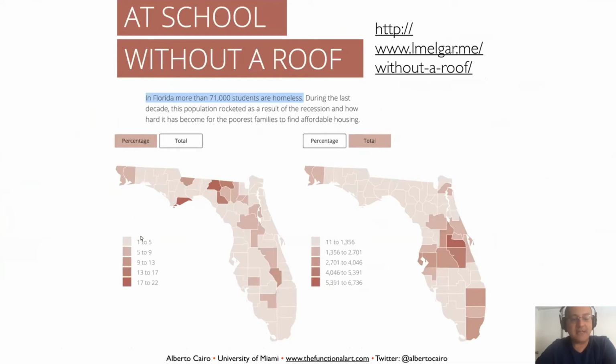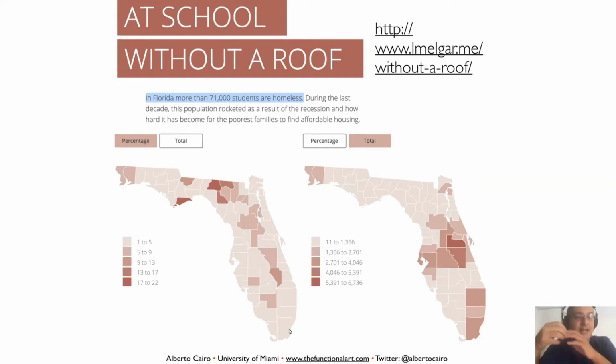And even in the counties that have lower rates, so it's still 1% or 5% of students are homeless in Miami-Dade. This is where I live. That's incredible. 5% of the students are homeless. And Luis said, but be careful, because before you understand these graphics, you need to understand what it is that they are measuring. Because your idea of a homeless person is probably someone who has to live on the streets. But that is not how the state of Florida defines a homeless person.